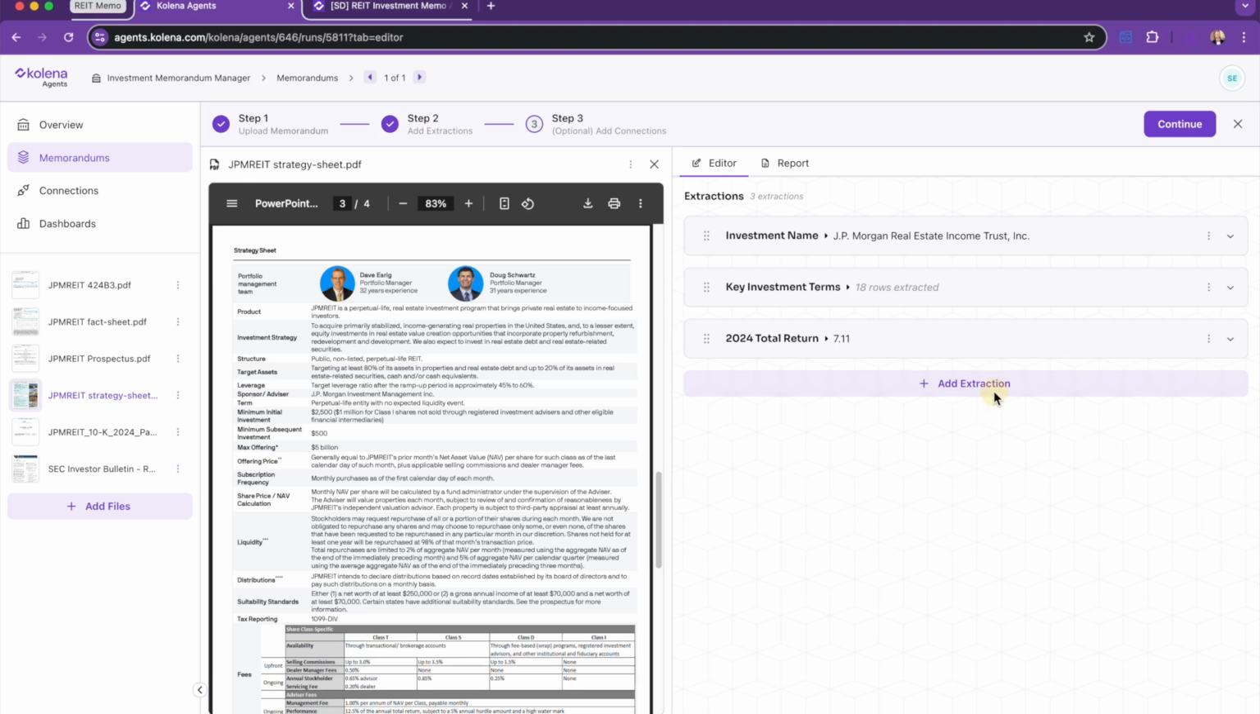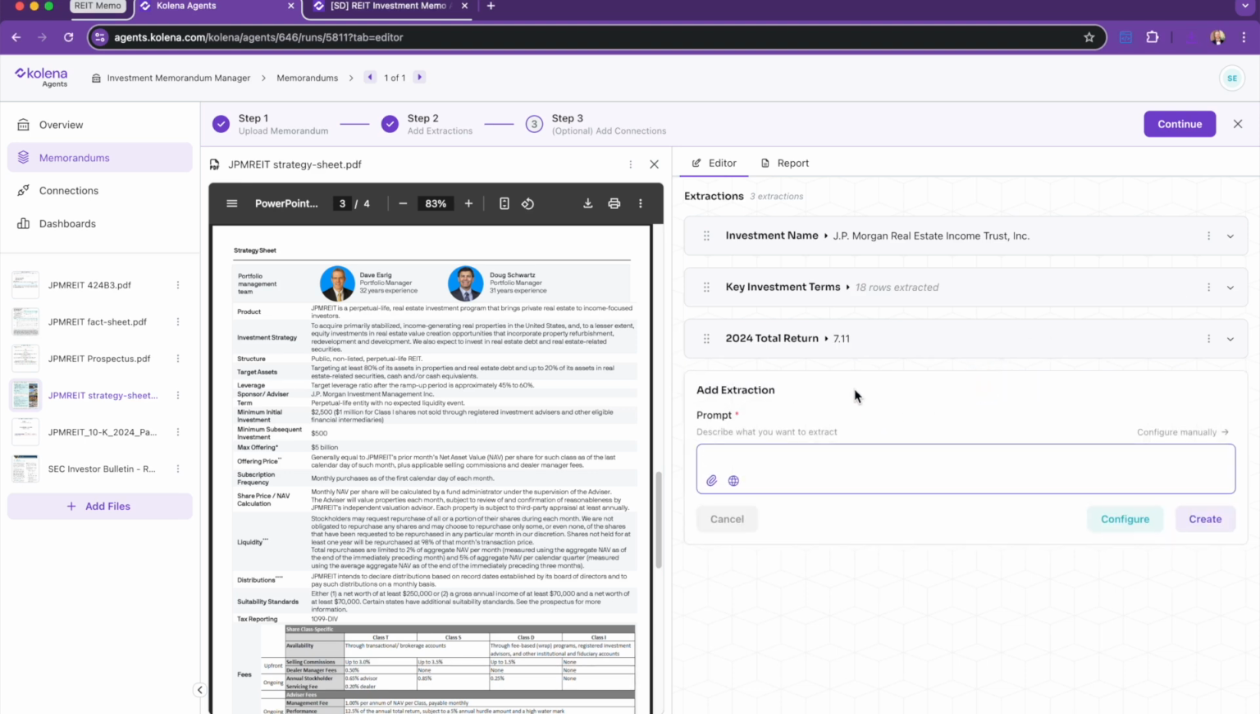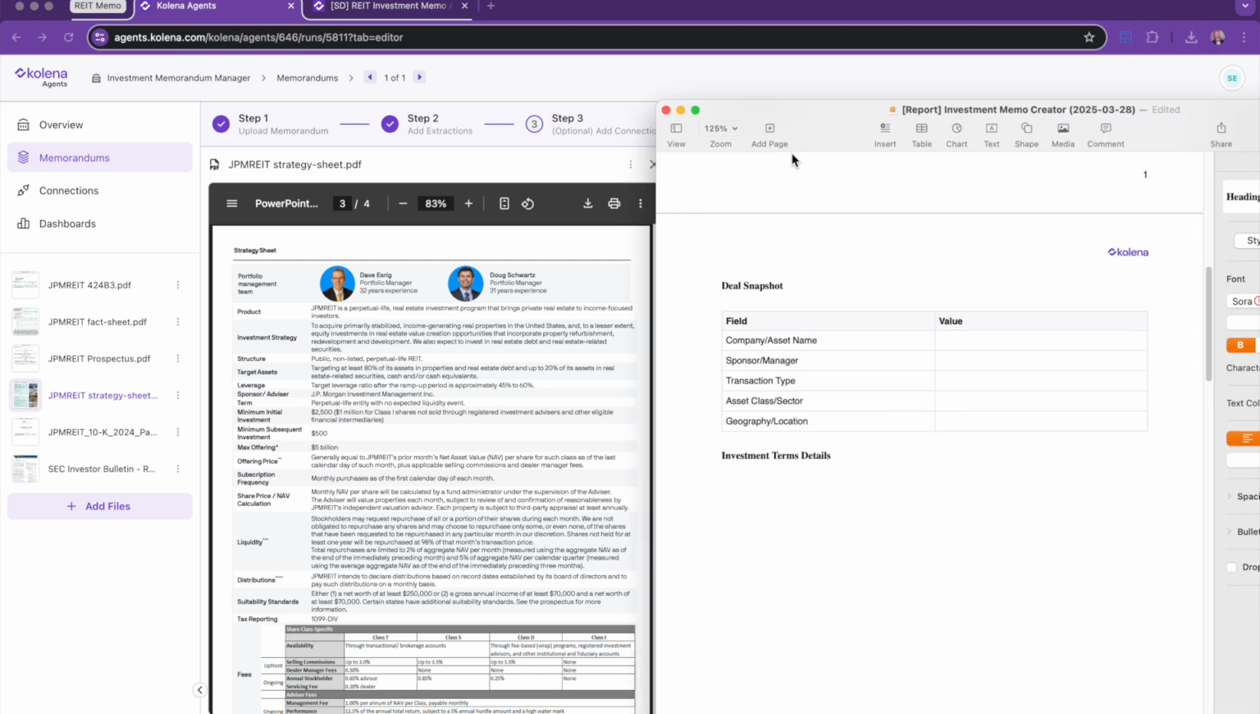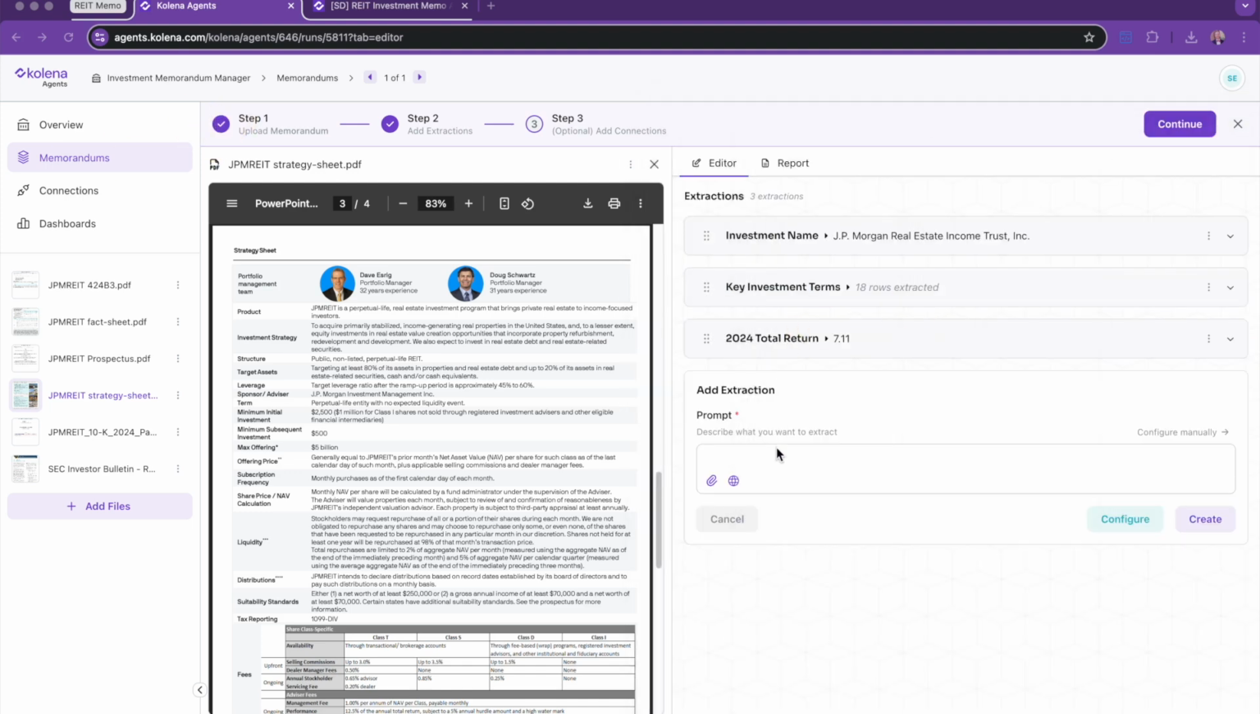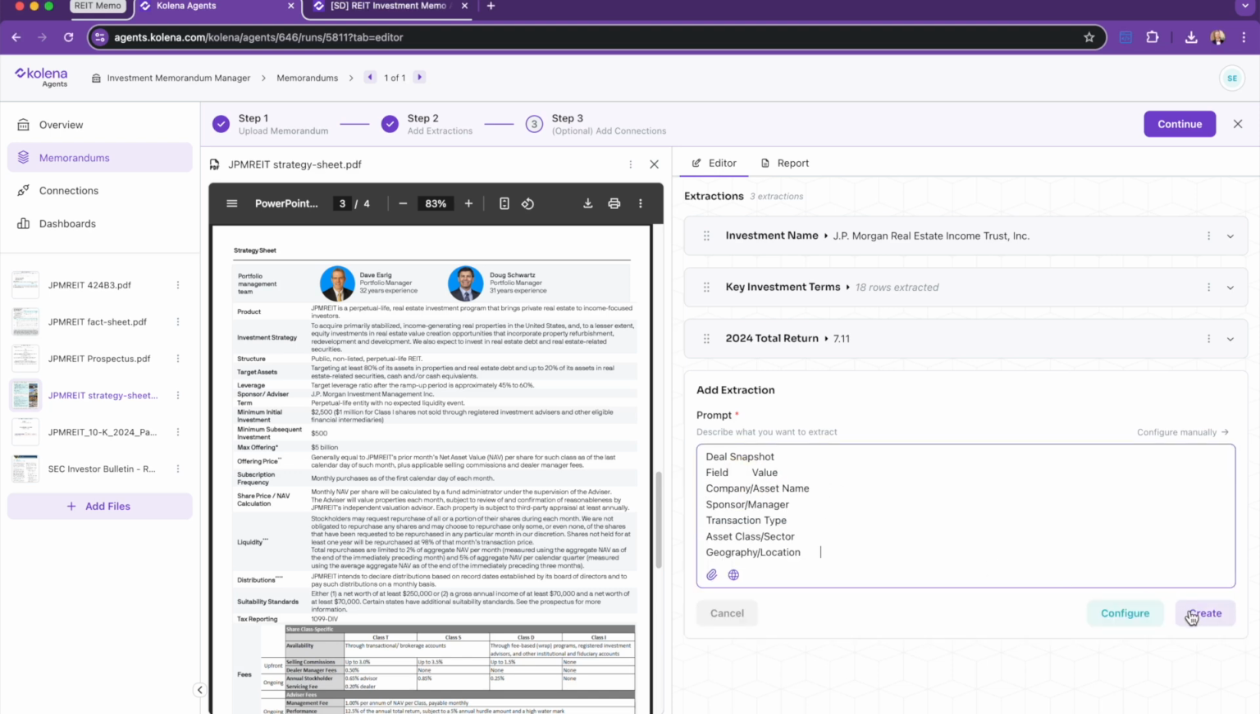Another thing we can do, if we have a particular form that we want to have our agent create, a particular format that we want, we can actually attach a file or even copy and paste in an example of what we want it to look like. So over here, I just have an example of a deal snapshot table that I would like to have in my investment memos, and I'm going to go ahead and copy that in here along with the structure that I'd like to have for that table, which looks like this, and I'm going to go ahead and have it create